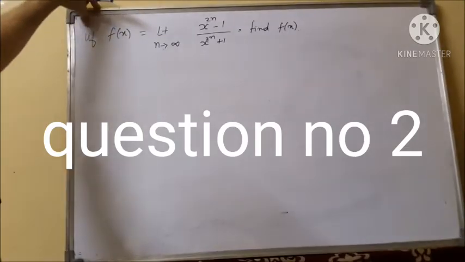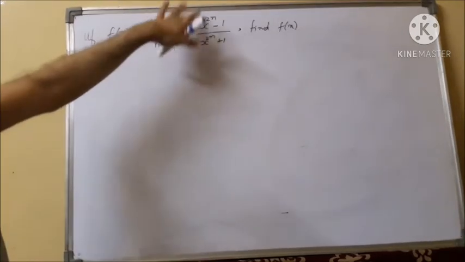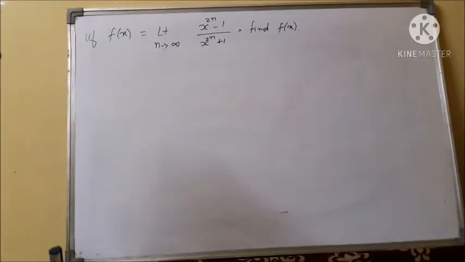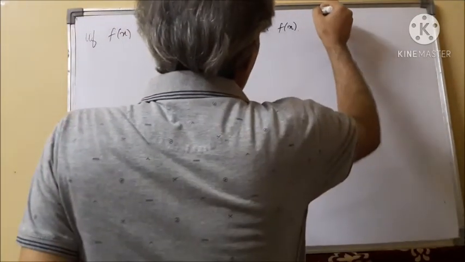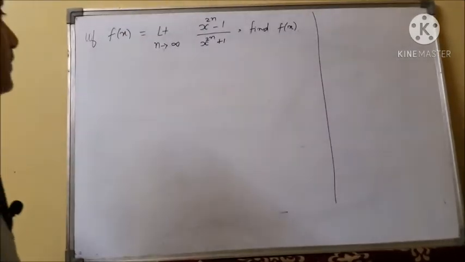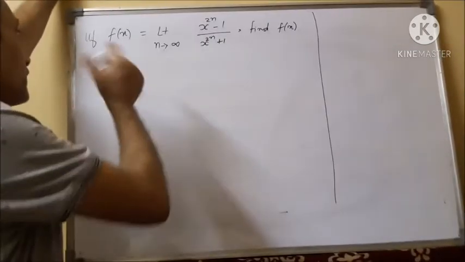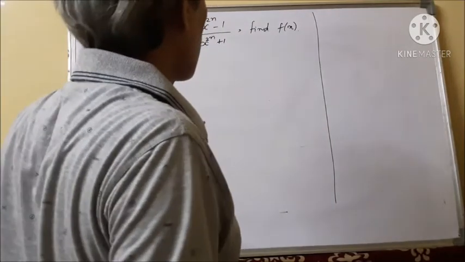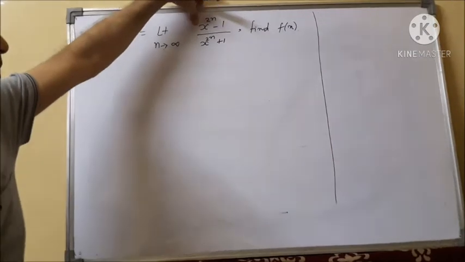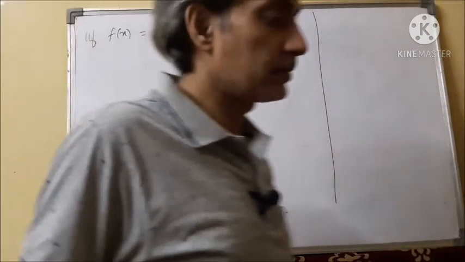Problem: if f(x) equals limit n approaching infinity of (x raised to the power 2n minus 1) upon (x raised to the power 2n plus 1), then find f(x). इसको हमें different stages में करना होगा, क्योंकि x की value जब vary करेगी यहाँ पे, so this thing x raised to the power 2n will vary. So mainly we have to look at how x raised to the power 2n behaves, ये कैसे behave करते हैं इसको देखना पड़ेगा.